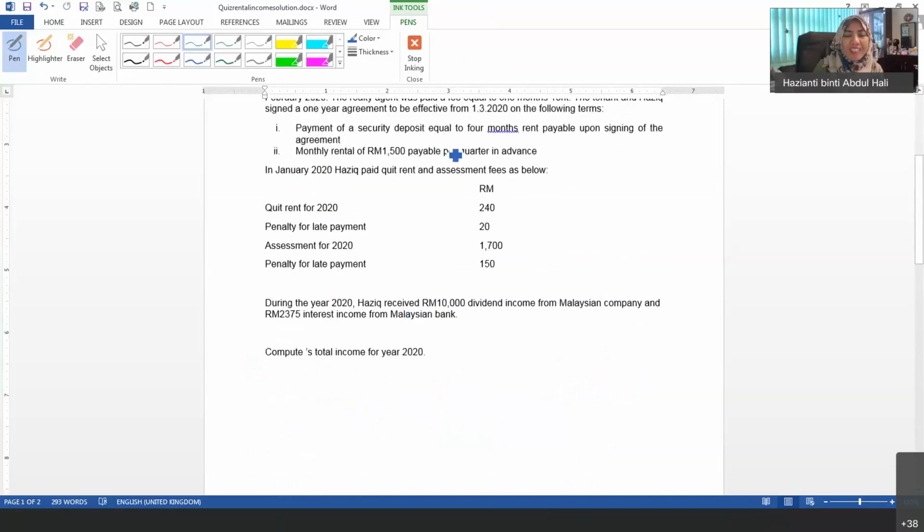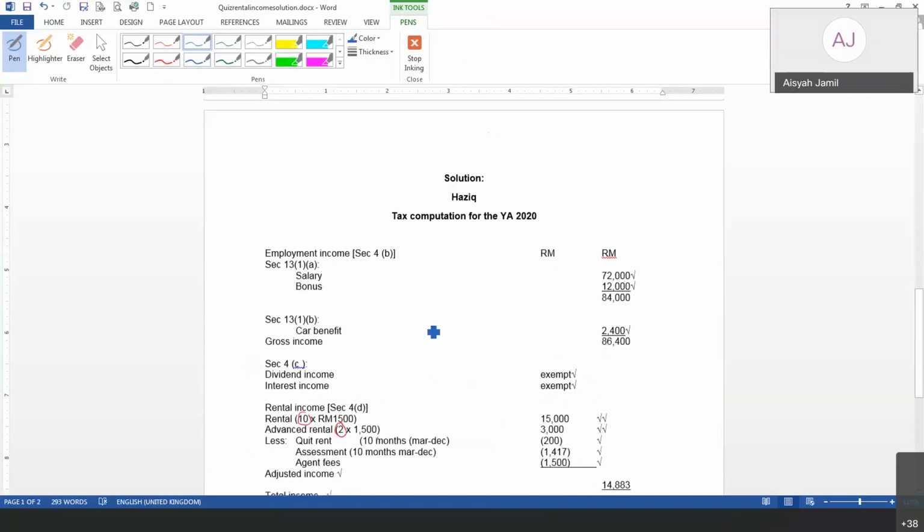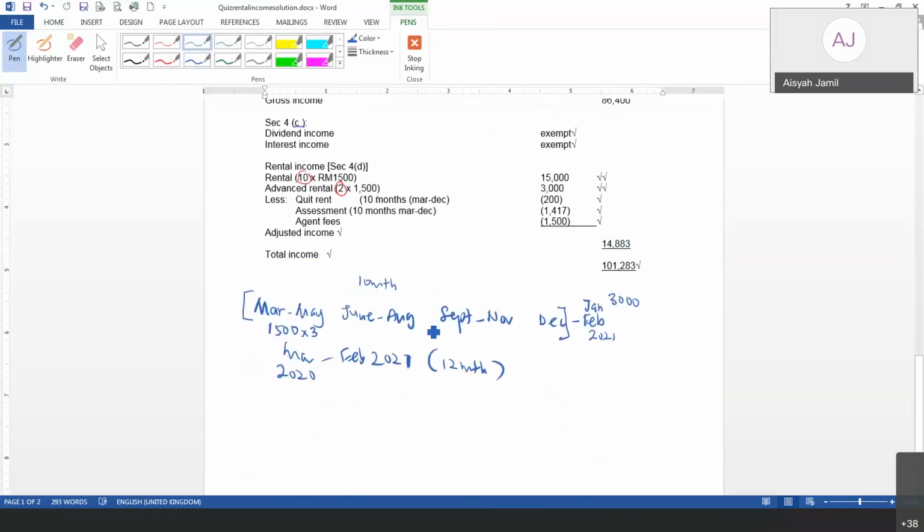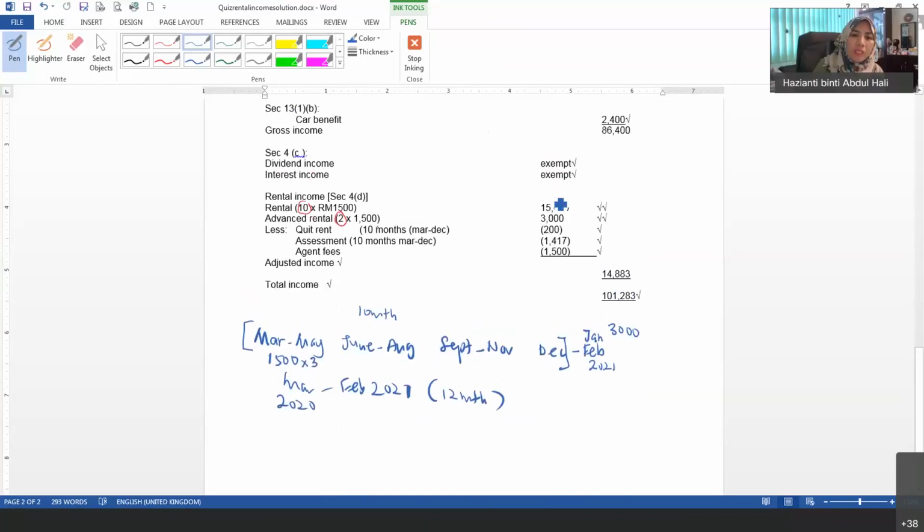Doktor, contoh untuk final exam, kalau kita dah salah daripada rental, contoh salah daripada advance rental, lepas tu dikira bawah tu automatik salah, ataupun doktor kira bawah-bawah tu ikut amount yang salah? Saya ikut macam ni. So for this one saya tak ambil figure sini, saya ambil figure sini.